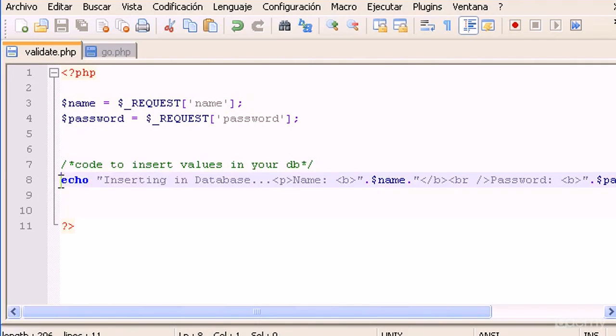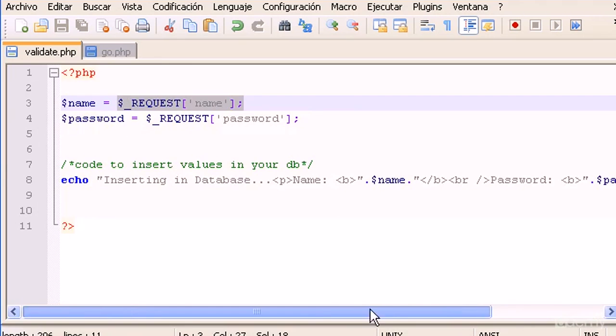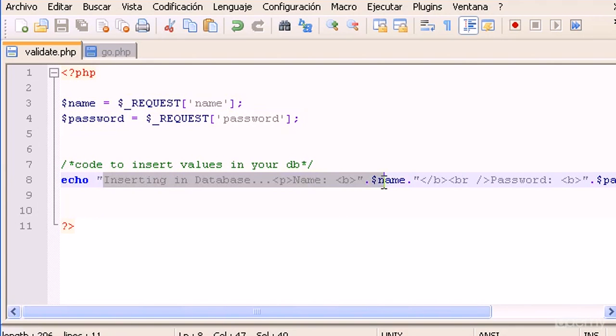And I was thinking about creating the whole insert MySQL query thing and a real MySQL database connection to insert values, but this will do. Let's pretend I have here the whole shebang to insert values in the database. So I typed echo inserting in database name to output the requested name and the requested password, okay, and that will check if we are sending any values to our database. Let's pretend that is our database, okay? So let's run